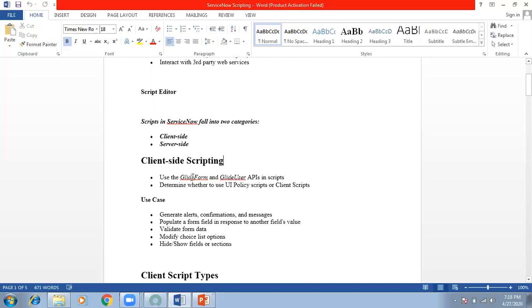What exactly is a class? A class is a predefined set of functions which gives you properties and methods to do certain operations or validation. If we want to make a field mandatory, there should be some code.